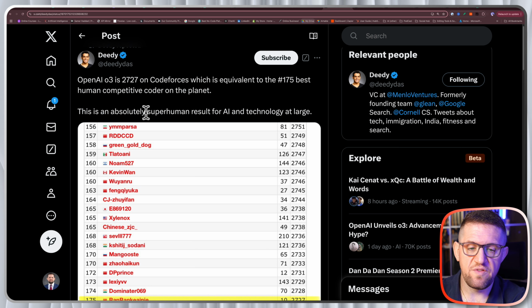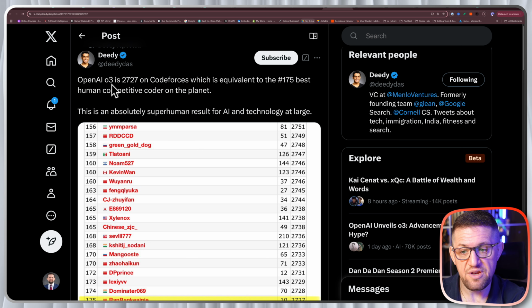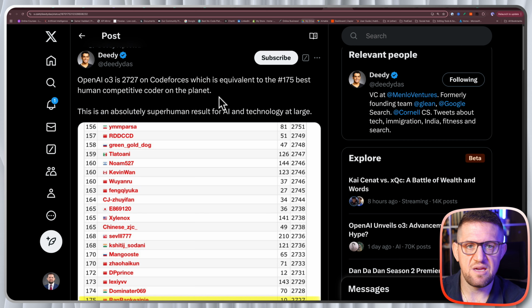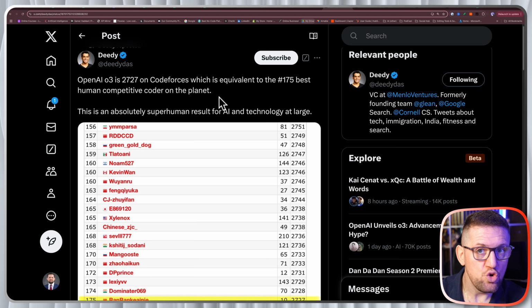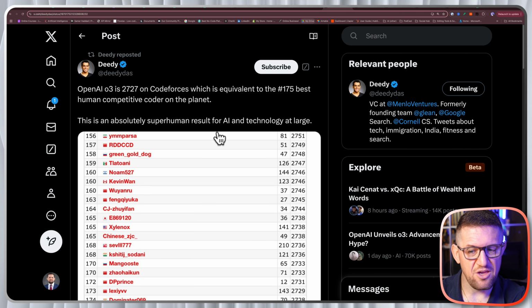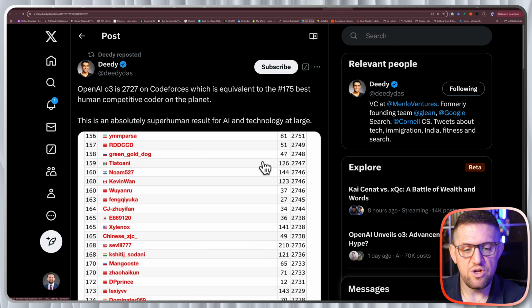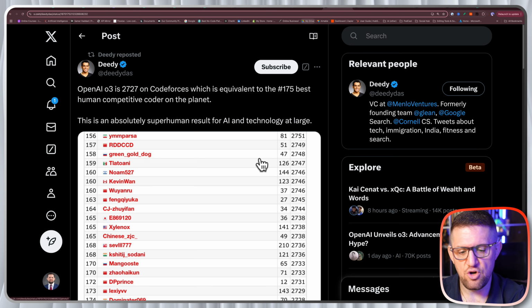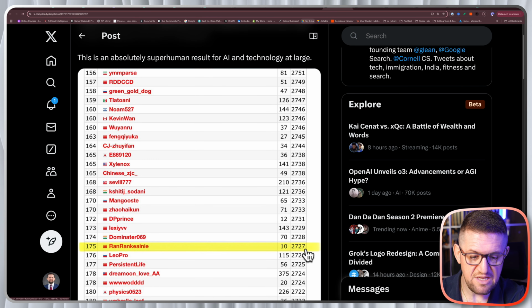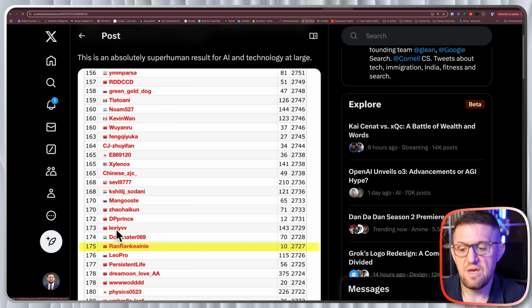Basically, one of the tests that they showed around O3 is that it got 2,727 on Codeforces, which I don't know exactly, but I assume is a benchmark for human coders globally. And this fellow here, I think he got it also from somewhere else, but he went to that benchmark and got the mark, which is 2727 that the O3 model got. And the rank of that coder is a Chinese person, who is